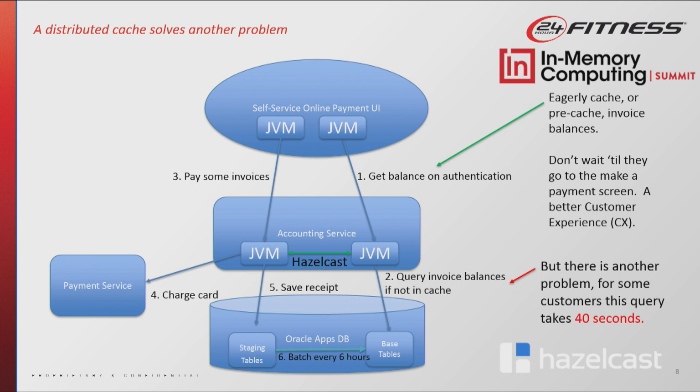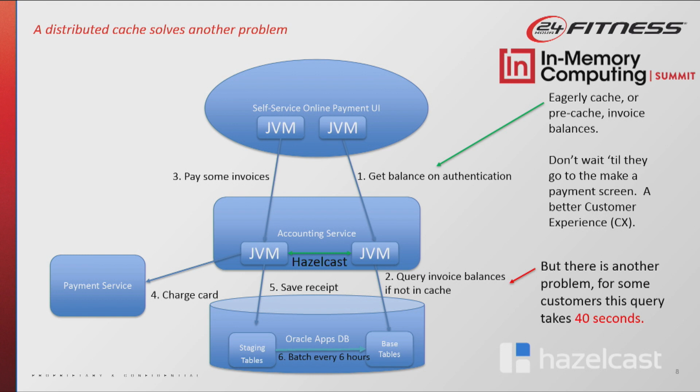A theme I'll be making in this presentation is that once you have an in-memory computing solution in place, you'll find that it solves a lot of other use cases. In our example, for some of our customers, it was taking as much as 40 seconds to retrieve the amount they owed us. That's because those customers were loyal personal training customers, and they purchased many agreements with us over the course of 10 or more years. That meant they had a lot of data in our Oracle Apps database, and such a query took 40 seconds. In the past, we probably would have never solved it, but once we had the distributed cache in place,